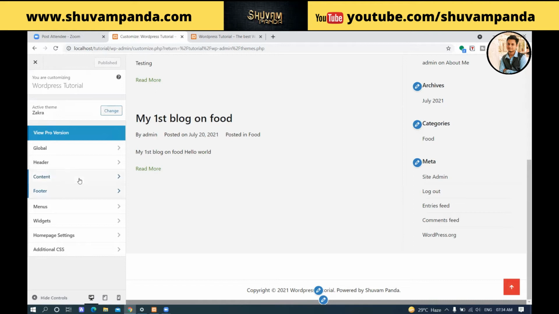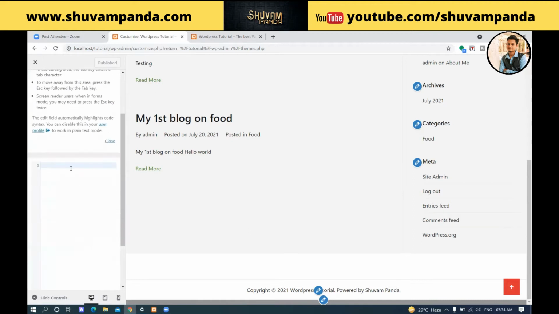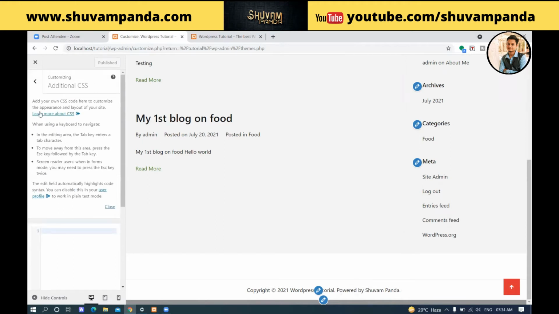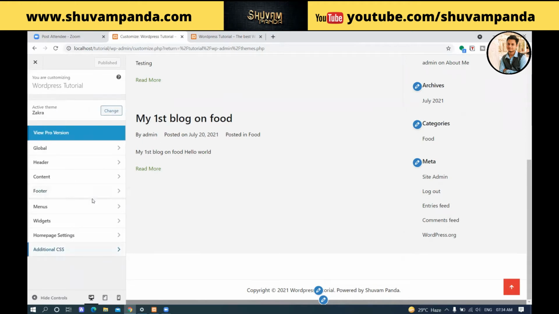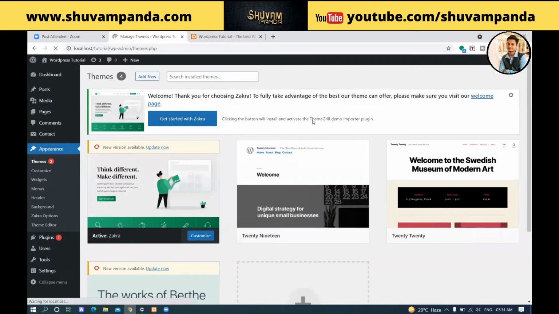Similarly, you can do any changes to your WordPress website. However, if you want to write any customized CSS to decorate your WordPress, you can do it here as well. So in this customize section we have learned about every customization we can do inside a theme through the customize tab. The customize tab can be accessed from the dashboard, inside Appearance, below the Customize button, or else if you go to Themes and Customize, here you will also get it.